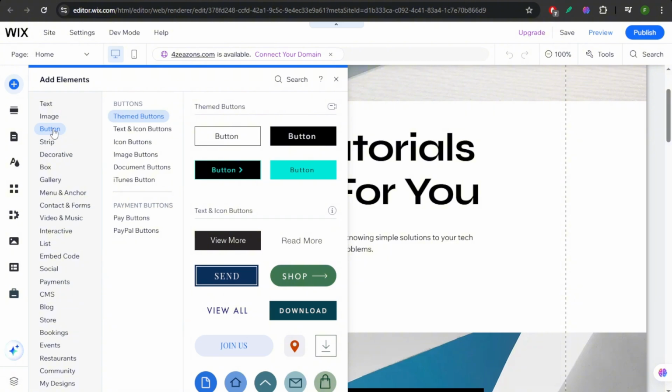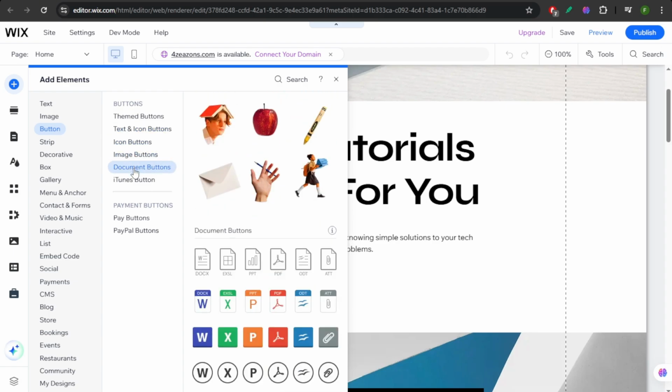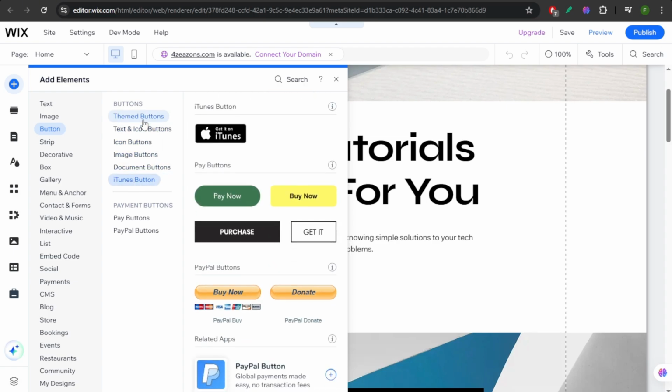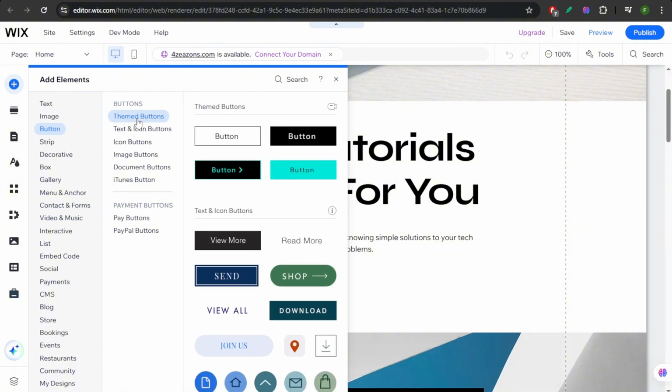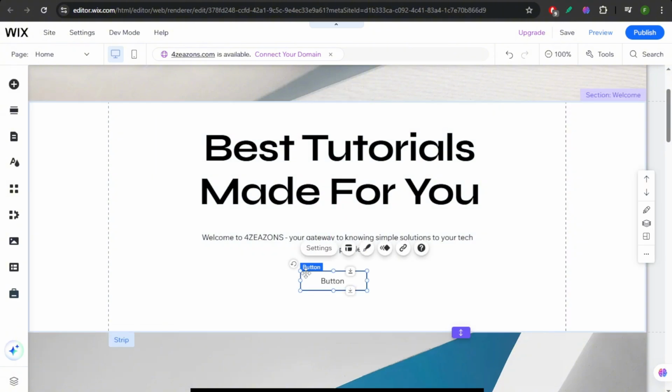You can choose different kinds of buttons like themed, text and icon buttons, image, document, items button. And then for this one, I'm just going to choose the themed buttons one and then click on any kind of button that you want, or you can just drag it to where you want to add it. And then you can edit the size of this button to fit your aesthetic